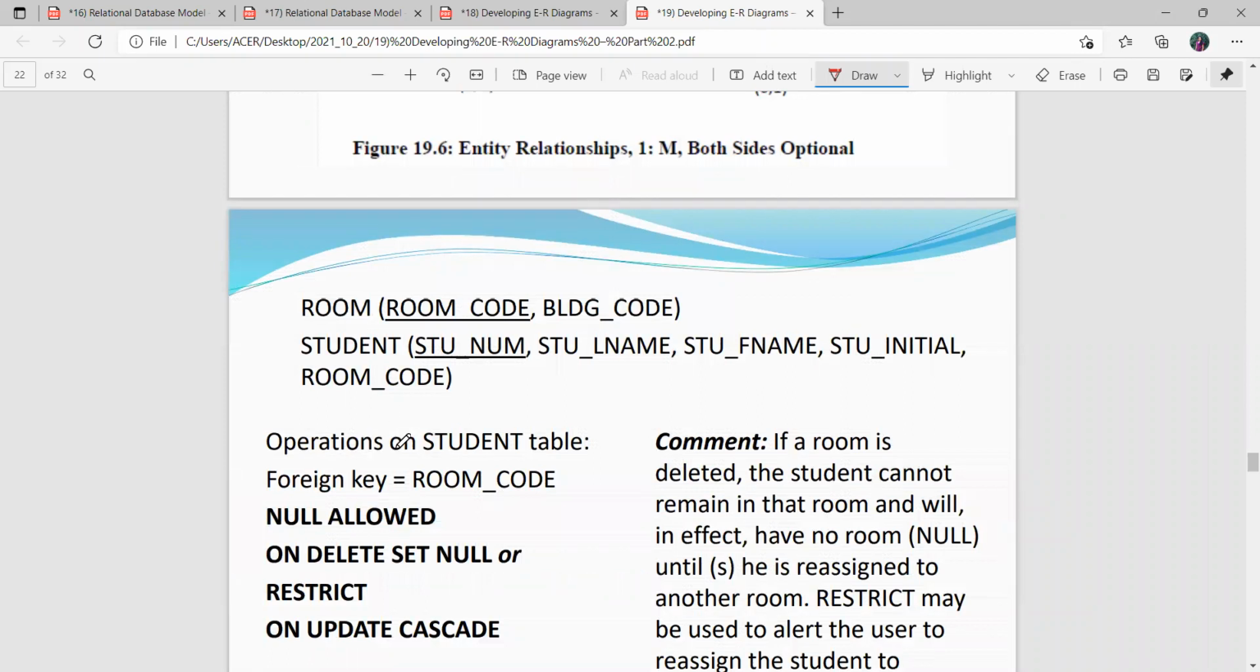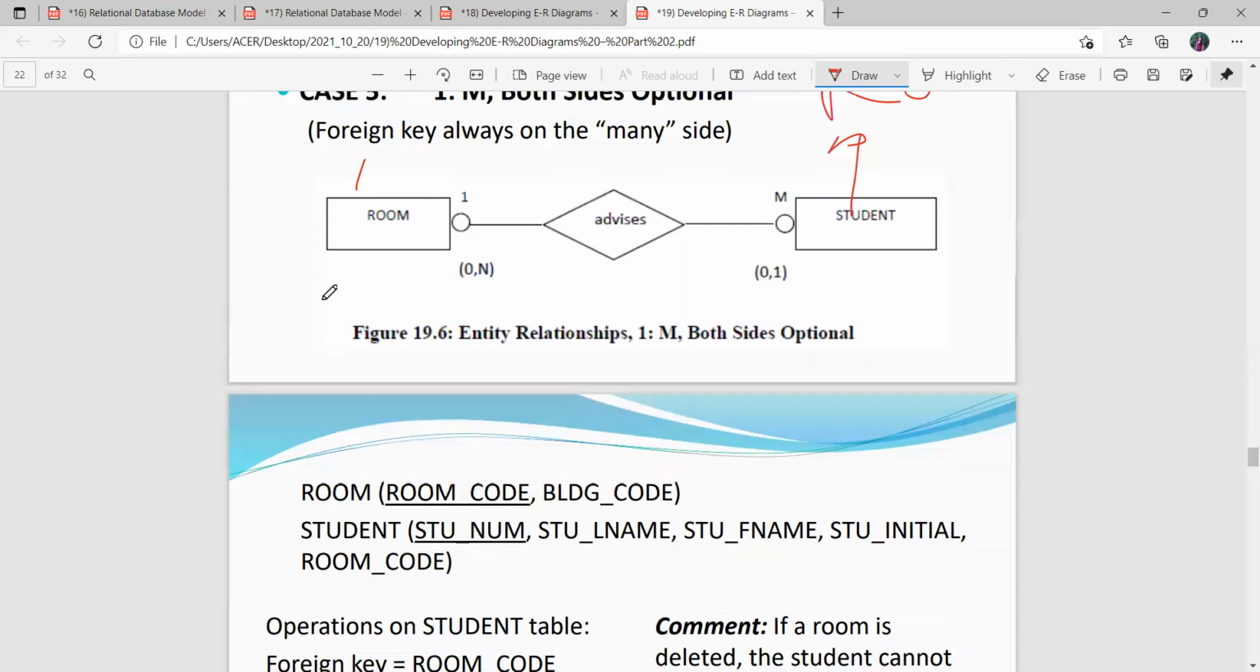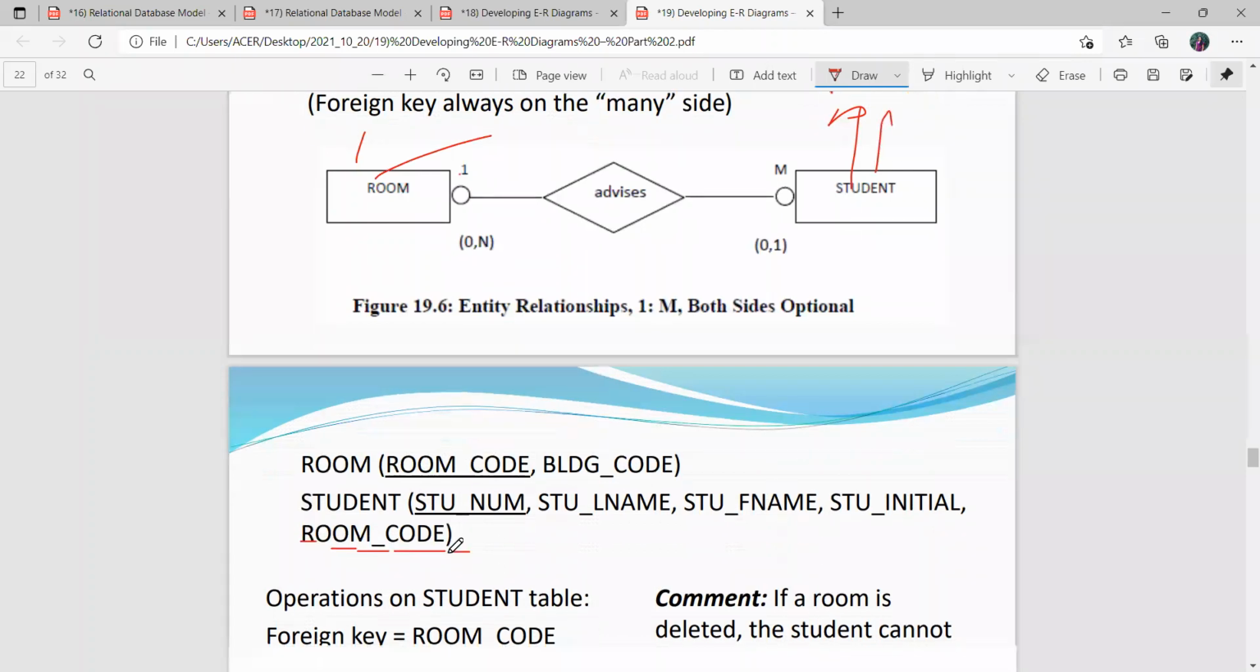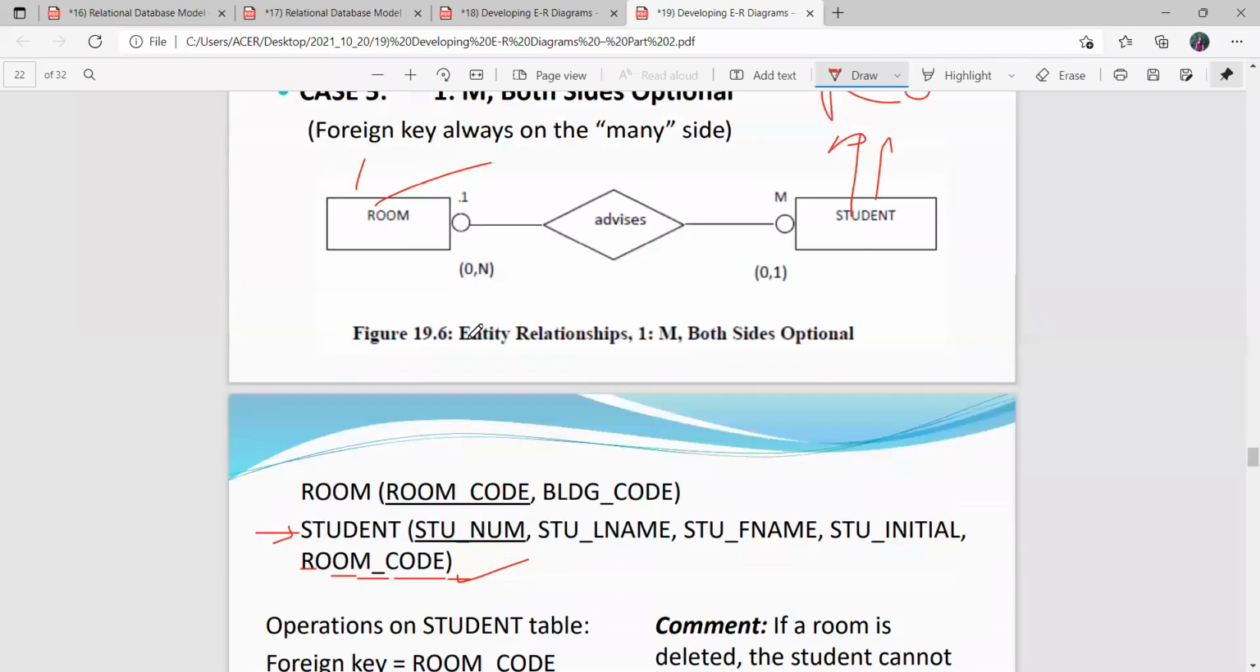This is about the querying thing. So you have some idea about when you are doing this practical part. You can see this room code is the primary key of this table, and student number is the primary key of this table. You can indicate room ID as a foreign key of this, room code as a foreign key of this table. So when we consider the student table, this is the foreign key, not allowed,